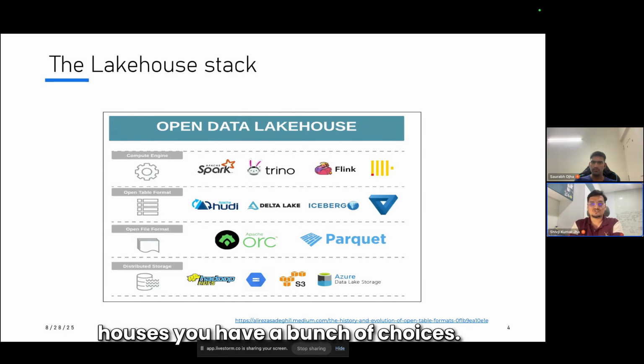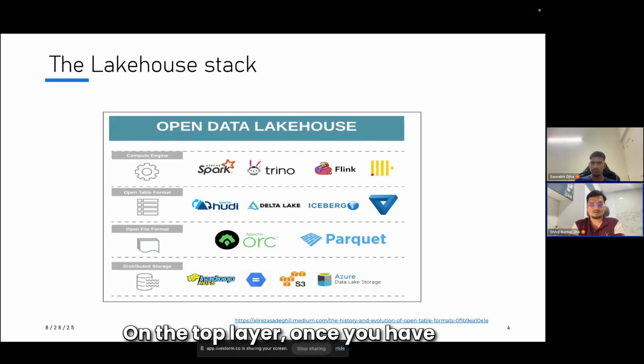Even for the lake houses, you have a bunch of choices. There's something called Apache Hudi, there is Iceberg, and then you have Delta Lake from Databricks. And then you have XTable and stuff where you can move things from one meta format to another table format. We will today concentrate mostly on Iceberg, but most of the things that work in Iceberg, you will find something similar in the other worlds of Hudi and Delta Lake as well.